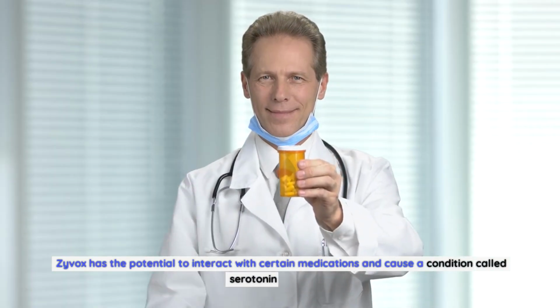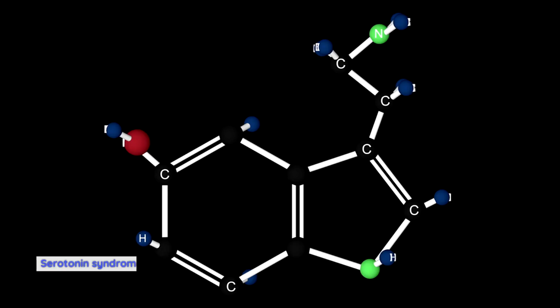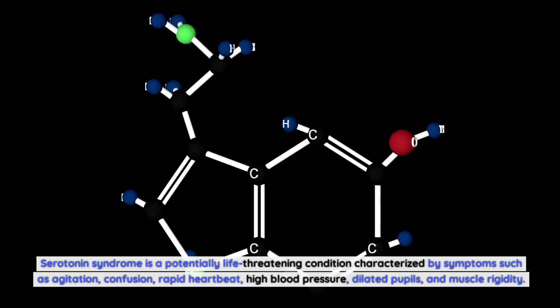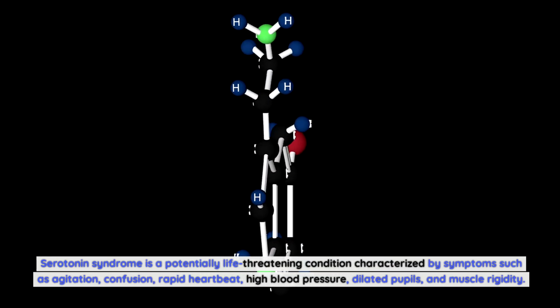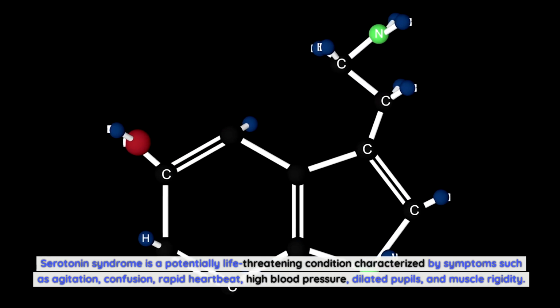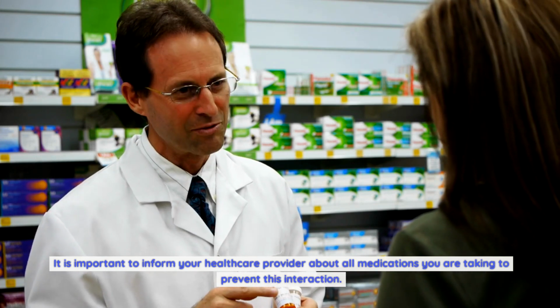Serotonin syndrome. Zyvox has the potential to interact with certain medications and cause a condition called serotonin syndrome. Serotonin syndrome is a potentially life-threatening condition characterized by symptoms such as agitation, confusion, rapid heartbeat, high blood pressure, dilated pupils, and muscle rigidity. It is important to inform your healthcare provider about all medications you are taking to prevent